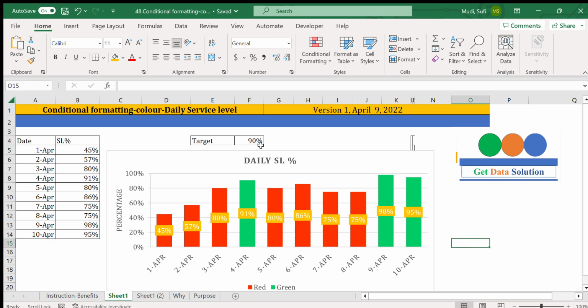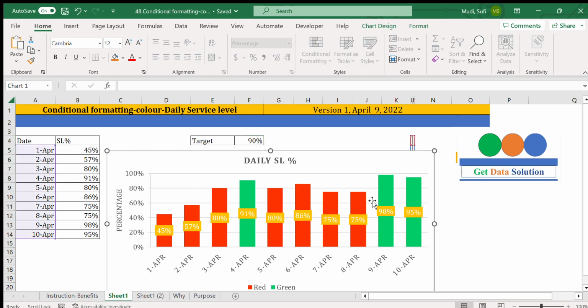Today we'll see the daily service level that's constructed using conditional formatting. Here on the left side we'll have date and service level. Here on top we have a target of the service. Our target of service level should be 90%, and in here